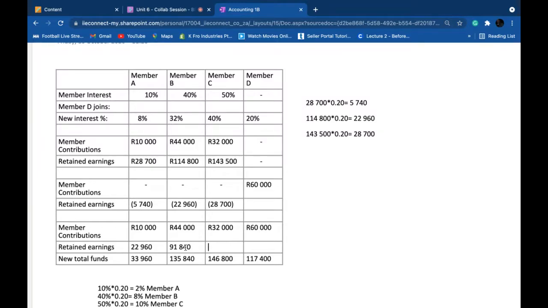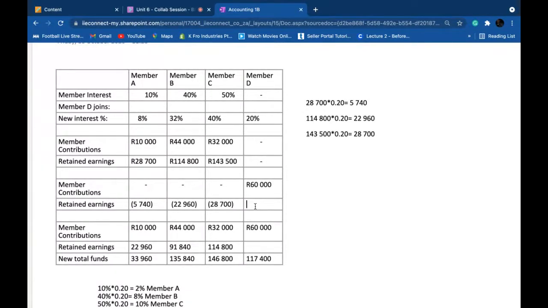Member C. 143,500 minus 28,700. Should be about 114,800. Okay, awesome stuff. Okay, now if we were to calculate the retained earnings that belong to member D, we